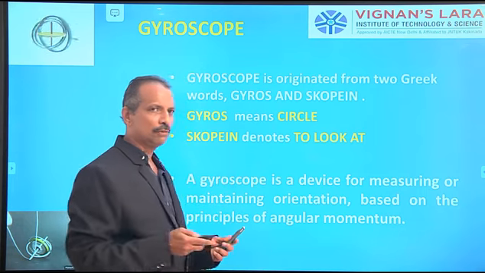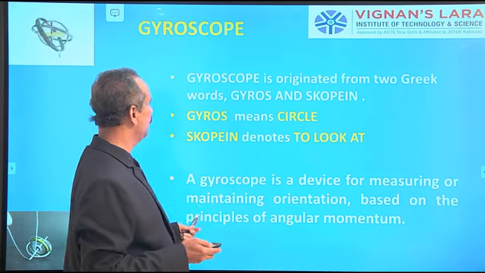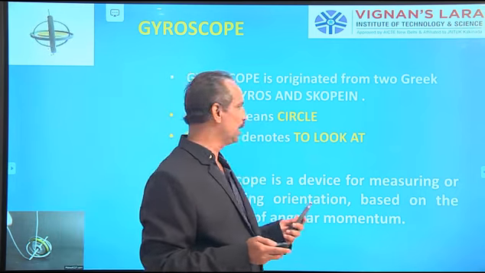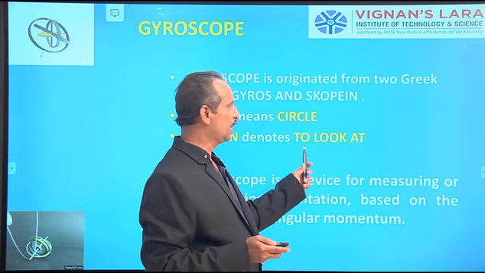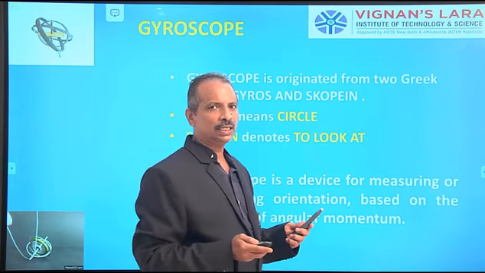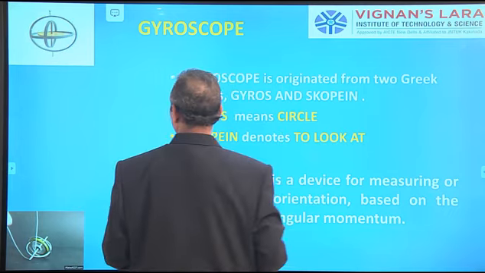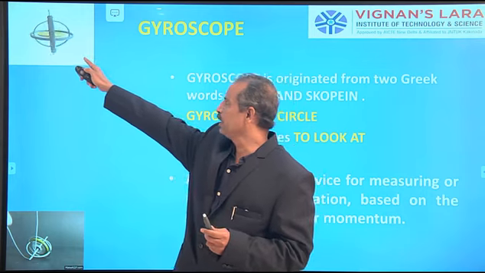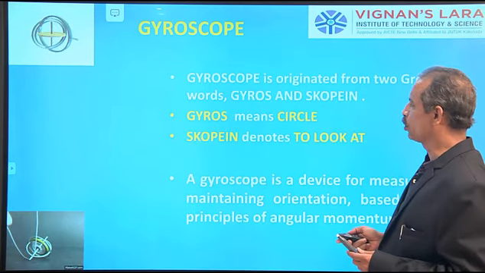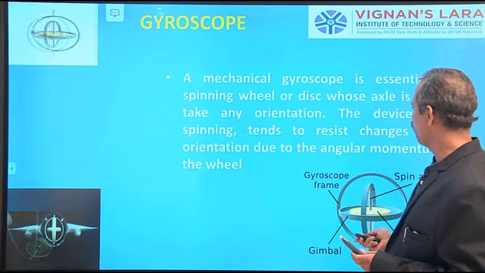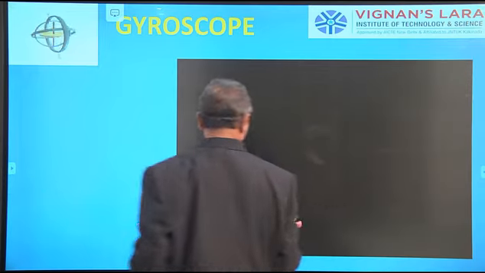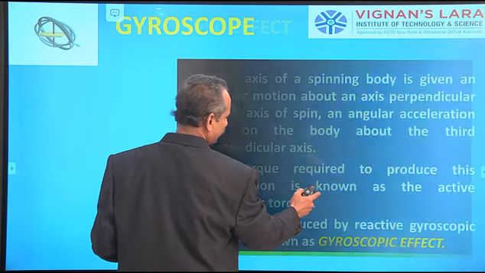So from the very beginning of the class I am using the same word, gyroscope. It's a combination of two words, gyros and scopion, derived from Greek words meaning circle to watch. And you can see here, this is actually an animation of a child playing with a gyroscope toy, isn't it? We'll have one video on the gyroscope first, then we'll go for our lecture today.